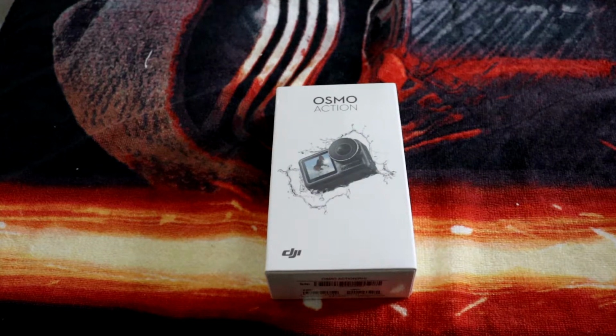Listen, I've always wanted an action camera, but my money's been caught up. I've been spending money other places, so I didn't really want to invest $400 on a GoPro Hero 9. I was going to buy an open box one at Best Buy for $350, and I was like, you know what, no, I'm just gonna spend $200 on this and see what it's like. So let's go ahead and open this up